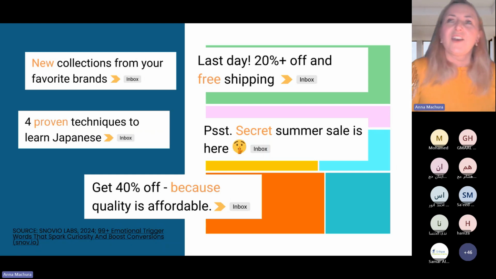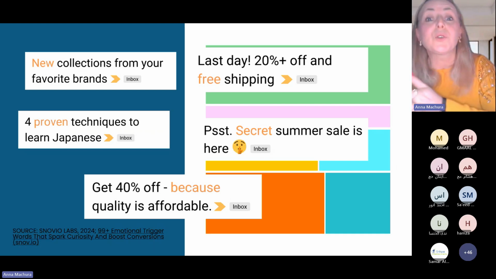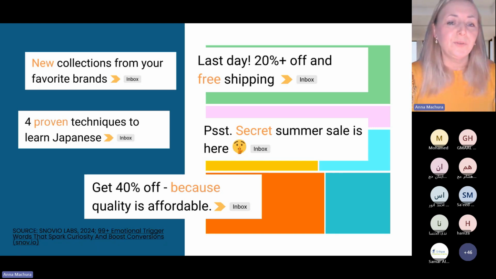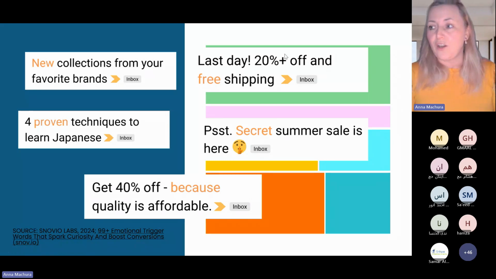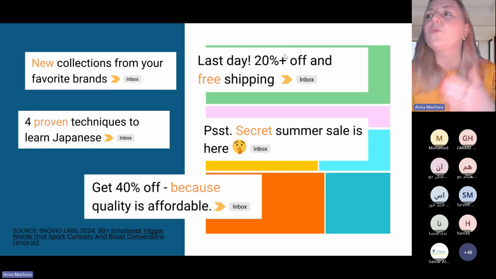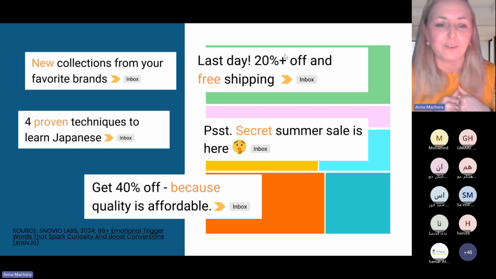If it's free, you operate on, as I mentioned before, gains or losses. Free shipping, I'm gaining a lot. 20% off, I love it. Click. New means novelty, uniqueness, surprise, anticipation. You like that, so new collections. Of course, like with notifications, something new is going on and we want to be part of that. We're social creatures. We want to know what's going on. Even FOMO, fear of missing out on social media: new, I need to see it. New collections, I need to see what they have for me.